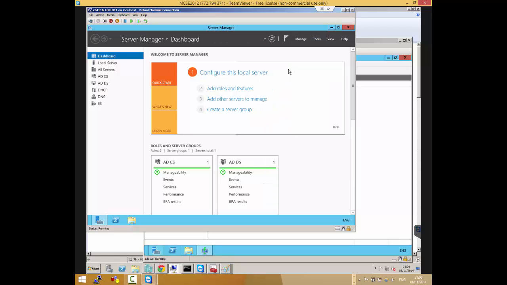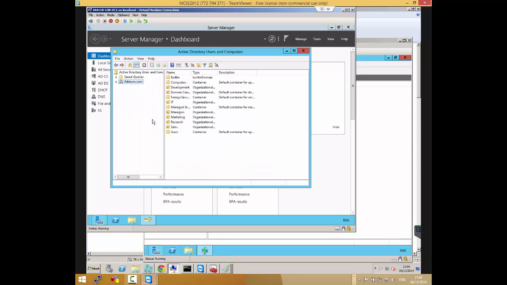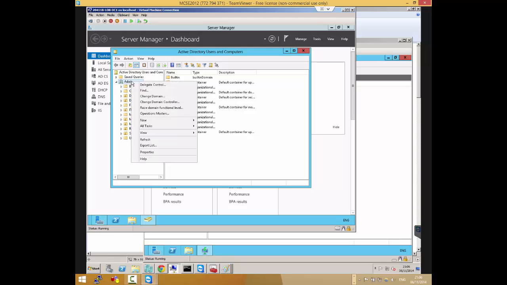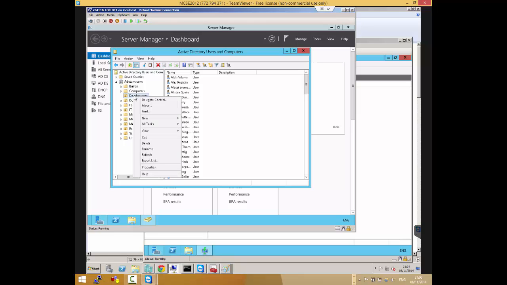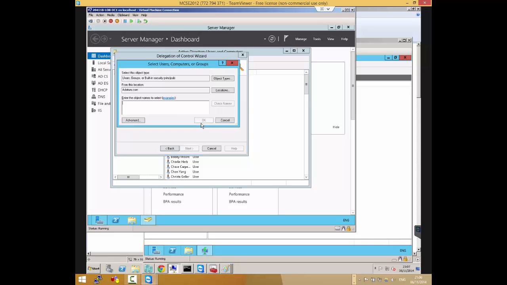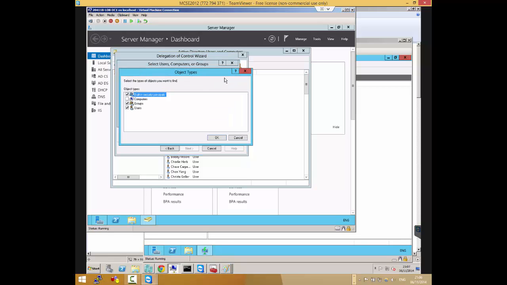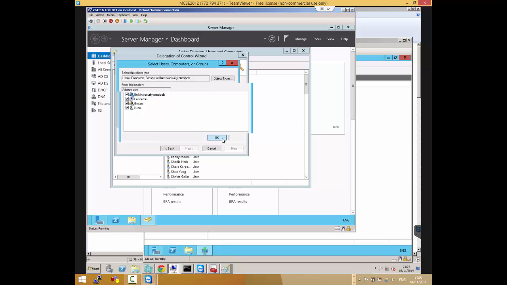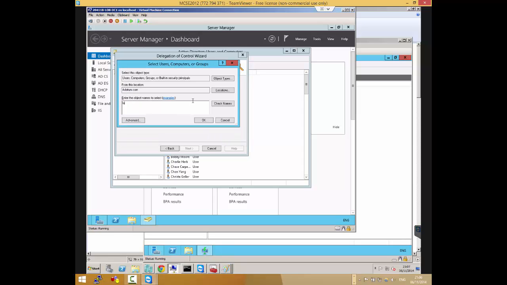So if I go on AD Users and Computers, I'm watching the time here because we'll finish shortly. We only get to discuss WDS, but that's normal. At least we get the benefit of knowing more about WDS. So if I just select an OU, I have to go delegate control, and delegate control to my WDS server, and go add object type, and go computer, and then add my computer.